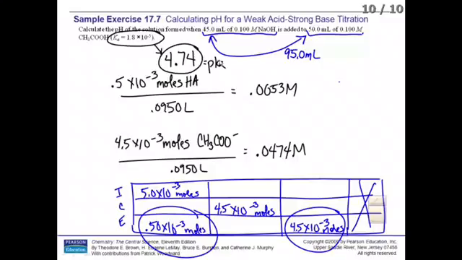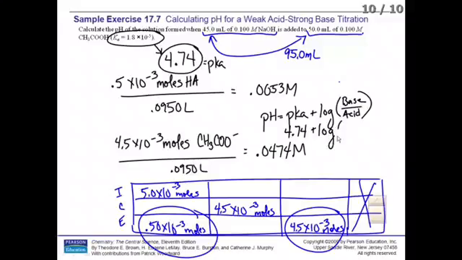Okay. So pH, is that the whole point of this problem? They want to know the pH? Okay. So pH is equal to pKa plus the log of the base over the acid. That's the formula. The pKa that I just got was 4.74, plus log of your base, which is the salt, this one right here, 0.0474, over your acid, which was right here,